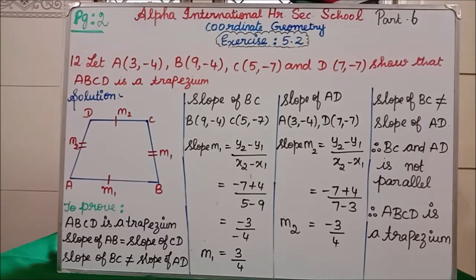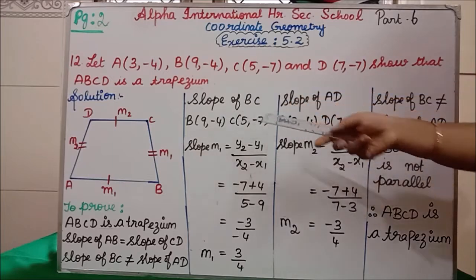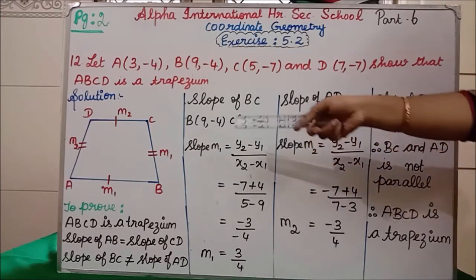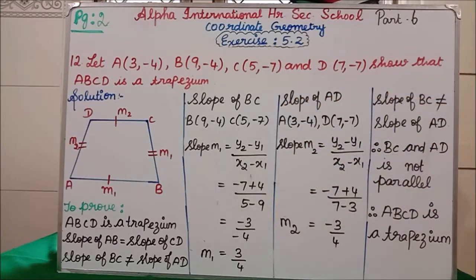See, so far we have found slope of AB and slope of CD. Isn't it? For both sides we have got the same answer, 0 is equal to 0. We have written, therefore AB and CD are parallel. Next, the other two sides we are going to do now: slope of BC and slope of AD. BC, B point, C point. Again the two-point formula, x1, y1, x2, y2. We have to write using a pencil.